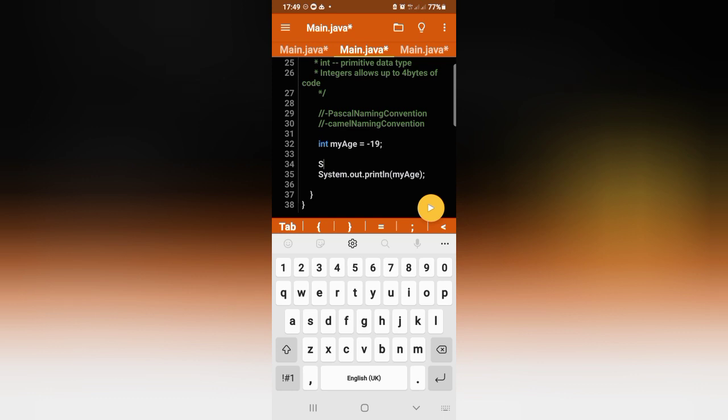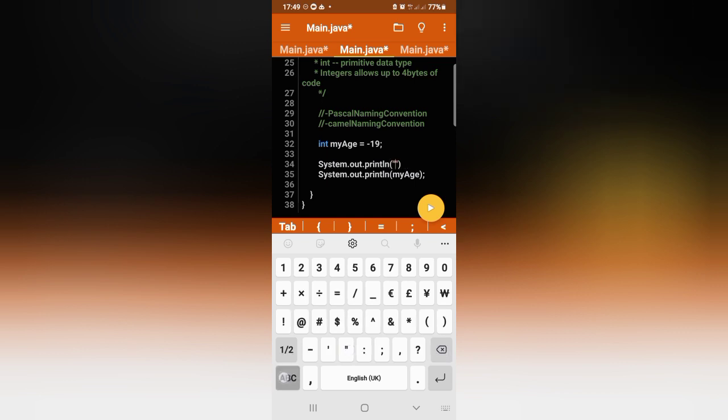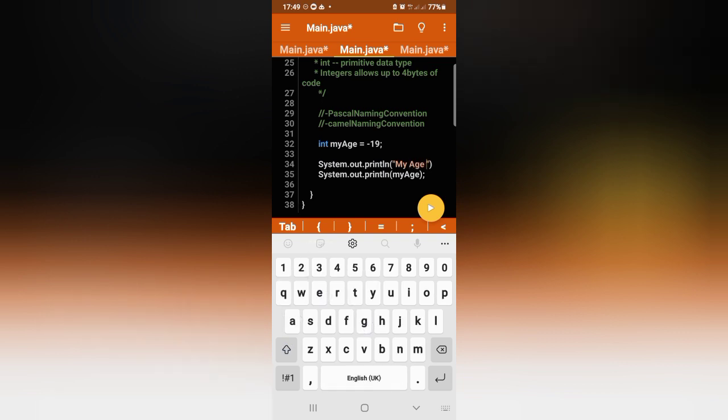So let's write the System.out.println statement. Let's say System.out.println, and you will actually put it in textual data, which is the double quote. "My age is"